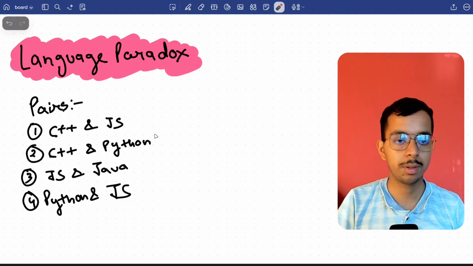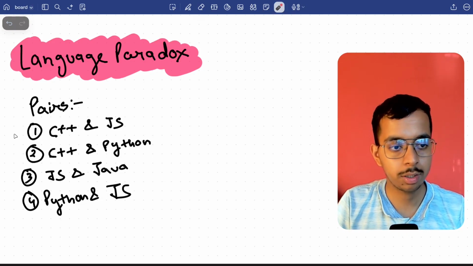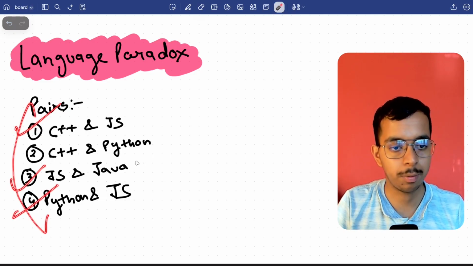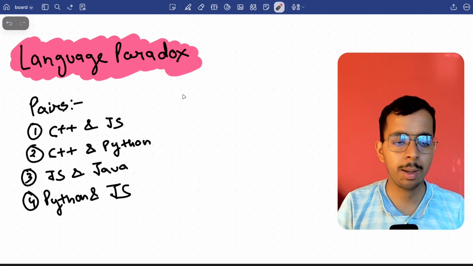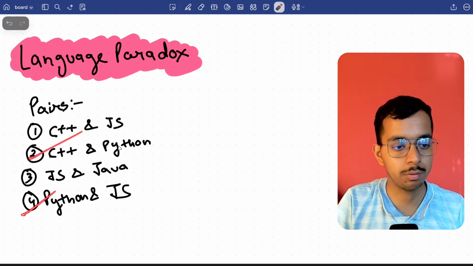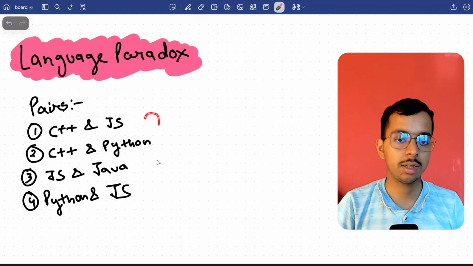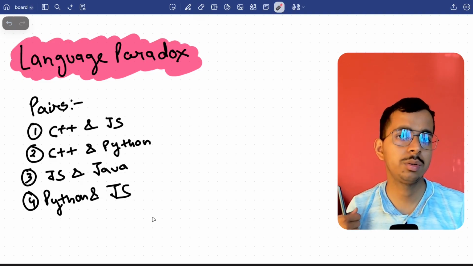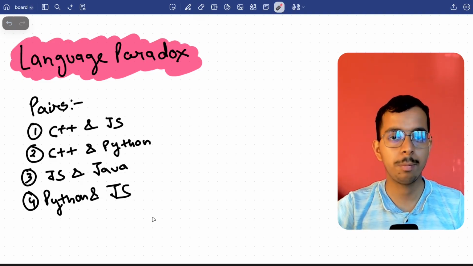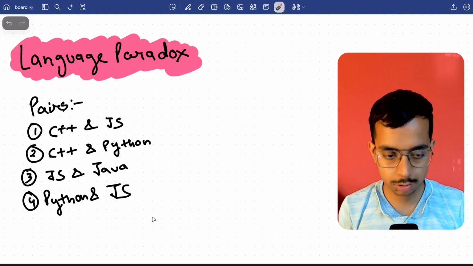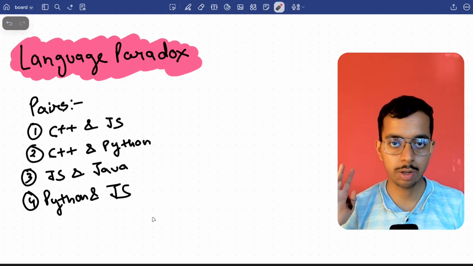But if you are getting into the web, I would recommend you go with the first pair or the third pair or the fourth pair. If you are going into the AI/ML part, then you can choose the second or the fourth pair, any of them. There are other pairs also which you can use for Android development and all those things. Obviously I'm not going to cover that. You can check the description for all the other pairs which you can follow.